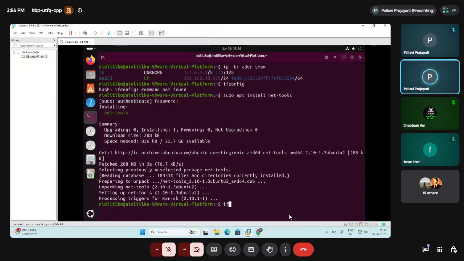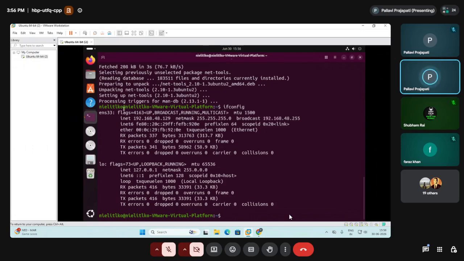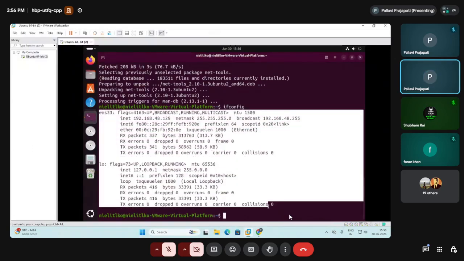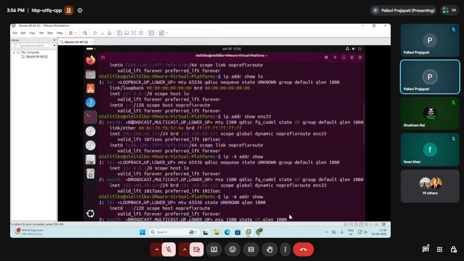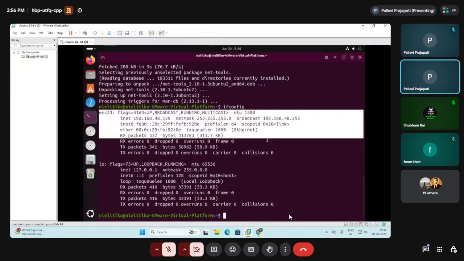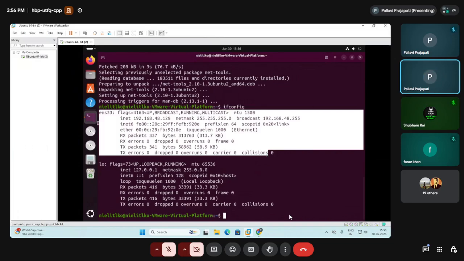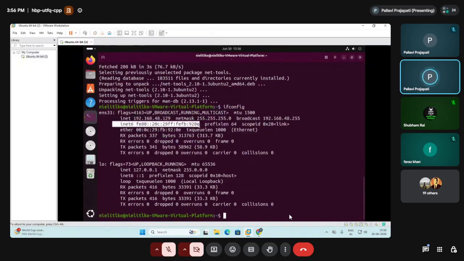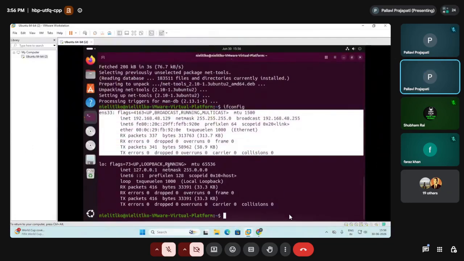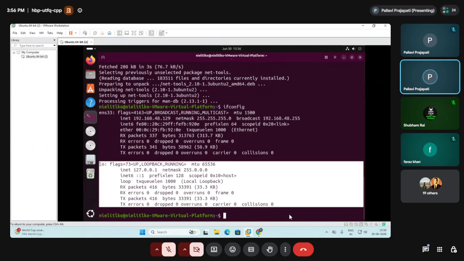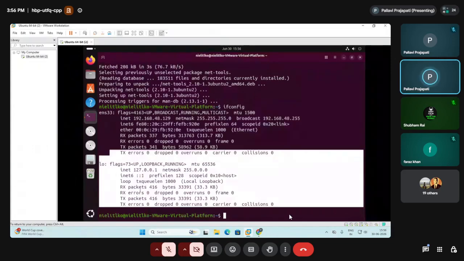Now ifconfig. So see, the same details are displayed here, as we have seen in this ip command. The very same details are displayed here also: the broadcast address, netmask, net address, inet6 address, ethernet, then packets, each and everything is displayed here. So it is also showing you the same details about all the interfaces present in the system.